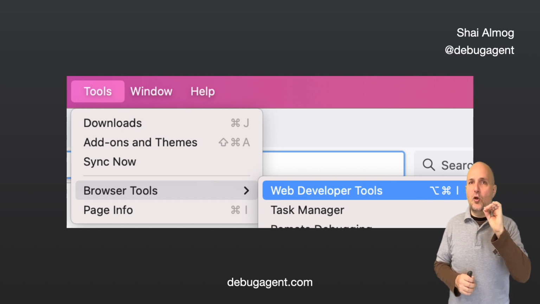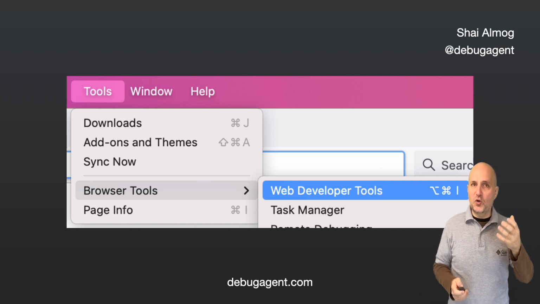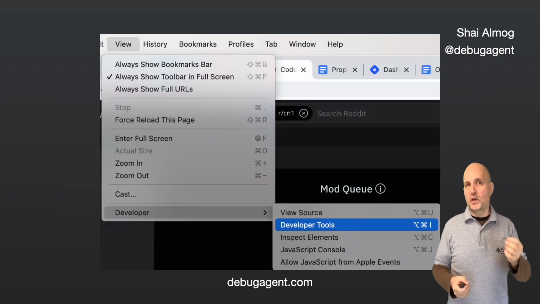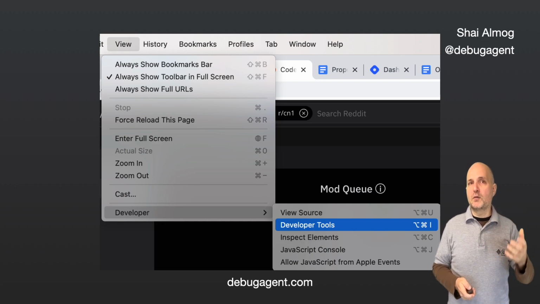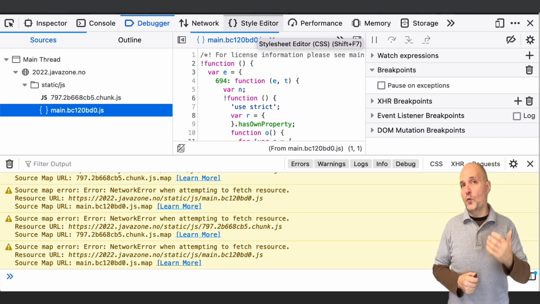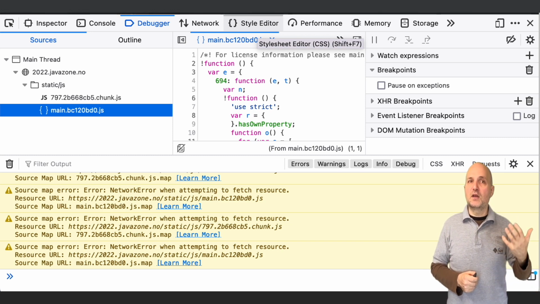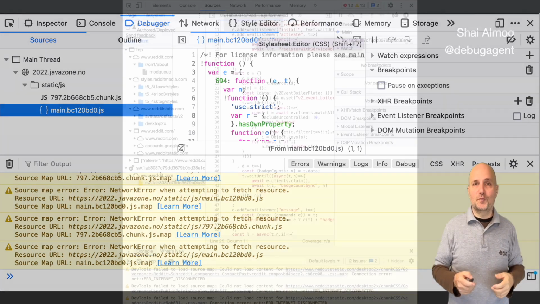There are multiple ways to launch the developer tools. The simplest is from the menu, as we can see for Firefox here, and for Chrome in this image. Once launched, we're faced with many capabilities for debugging browser-related issues. One of the most powerful and unfortunately least used is the debugger capabilities, which you can see here for the case of Firefox.